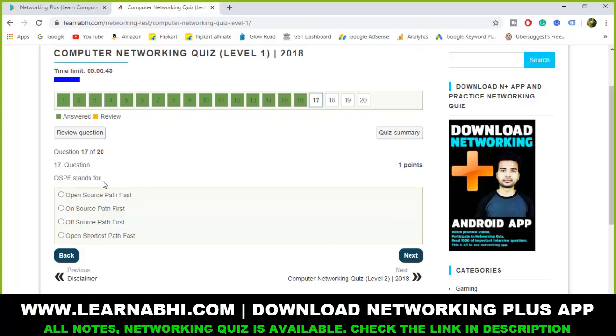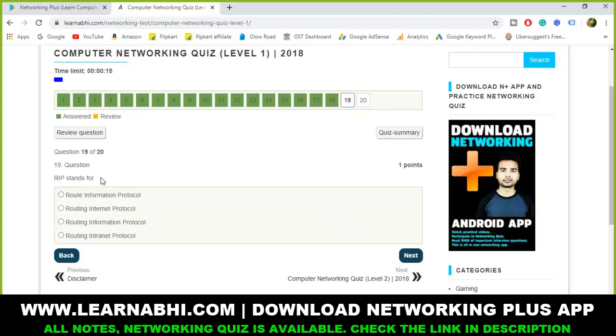Okay, OSPF stands for Open Shortest Path First. D. Many people were not able to answer. No problem, but this is advanced. Which protocol is used for receiving mail? SMTP? It is telling you receiving mail, not sending mail. SMTP means sending. POP, receiving mail. It's POP. Two more questions, 17 seconds.